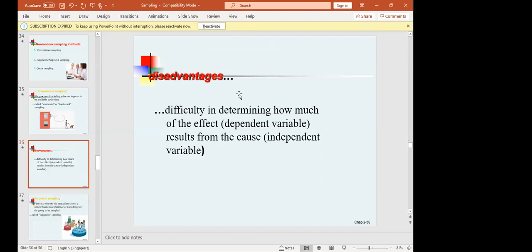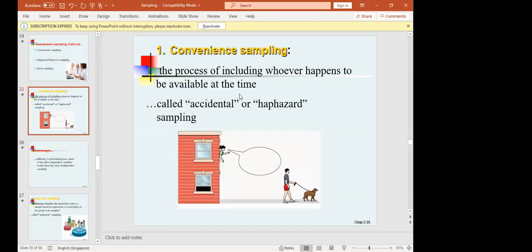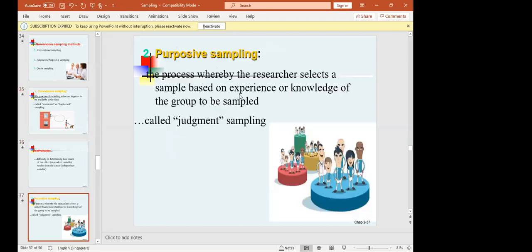Now, from the practical viewpoint, it's very easy to do. However, we have to be careful, because sometimes, let's say I give it to my friends and they give it to their friends. It could only reflect a certain part of a population of similar thinking, and different parts of the population may not be included if you follow this method. Because we are not trying to be completely unbiased,